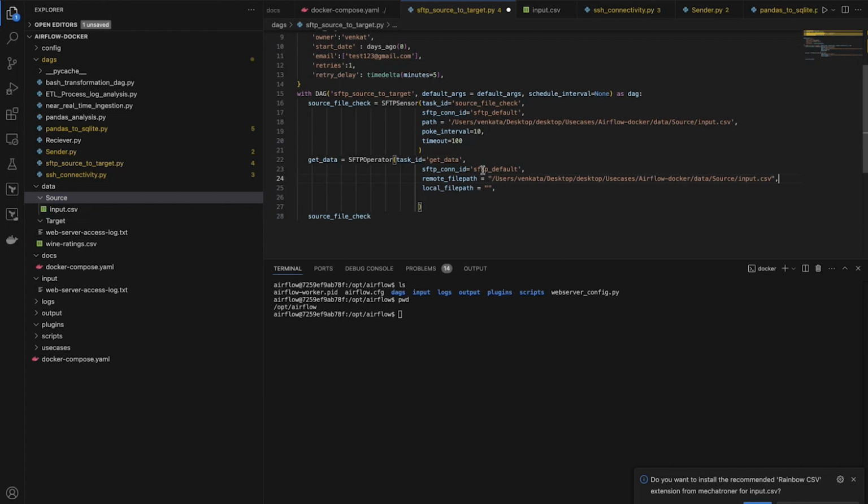As we have already defined the connection, the same connection, the SFTP operator can go and get the remote file path and where you want to copy. So I want to copy to my local path, which is nothing but OPT Airflow. Present working directory, OPT Airflow, yes. So I'll just say OPT Airflow. And what is the name you want? I want the same name, input.csv,